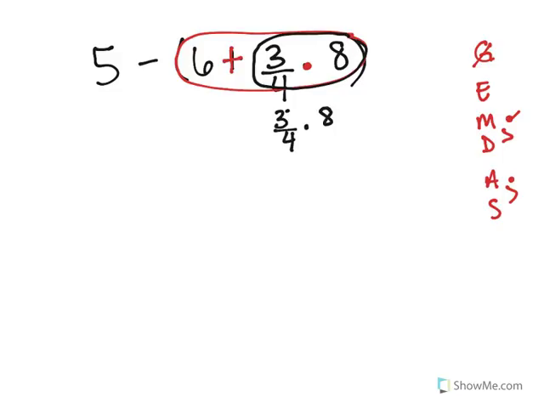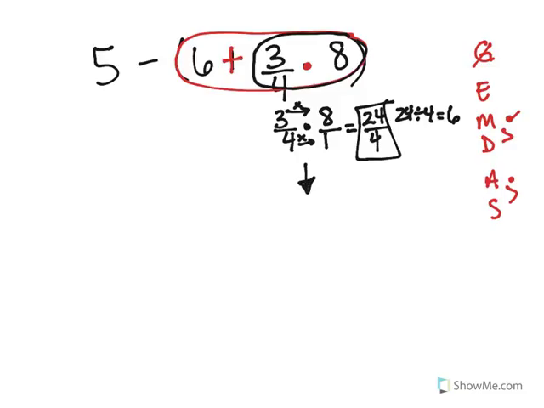So I have a fraction and a whole number. So what I got to do to that whole number is make it look like a fraction by putting it over 1. So now I have 3/4 times 8 over 1, which is 3 times 8 is 24. 1 times 4 is 4. All right, so that's a good answer, 24 over 4, but it's improper. So I got to look at it as 24 divided by 4,